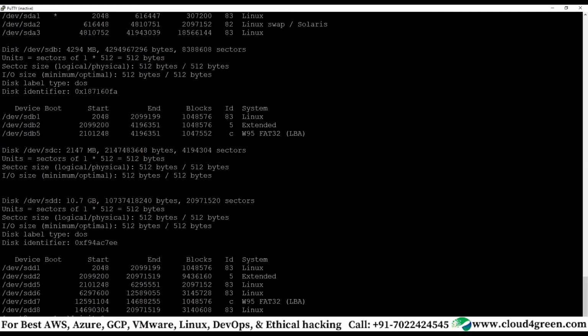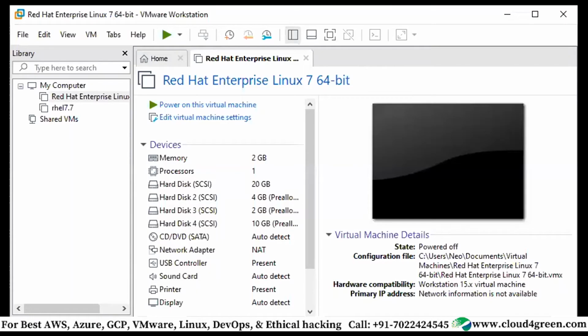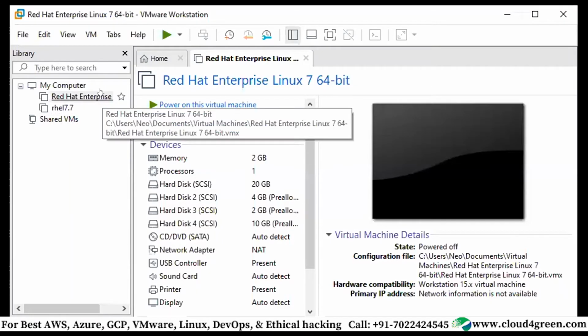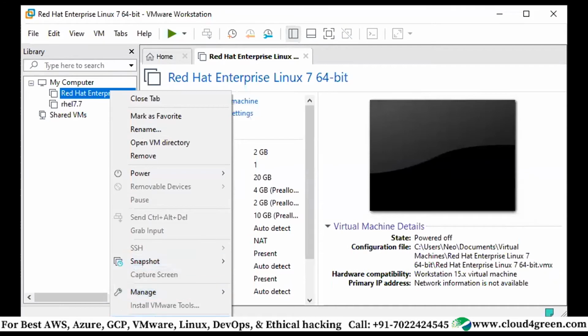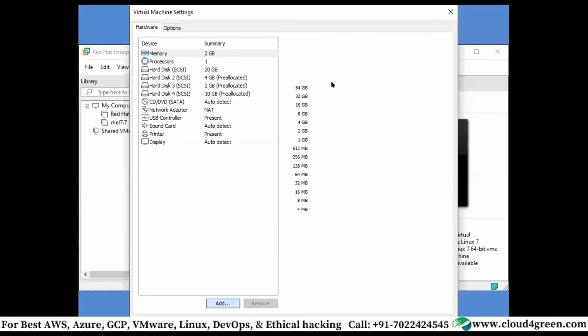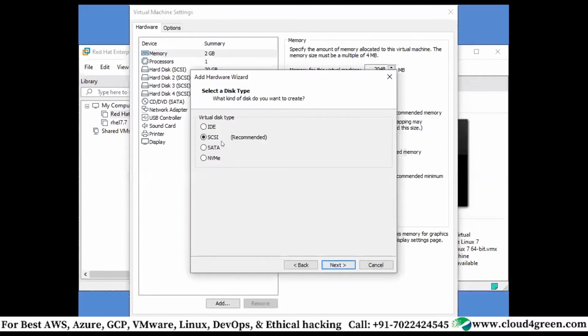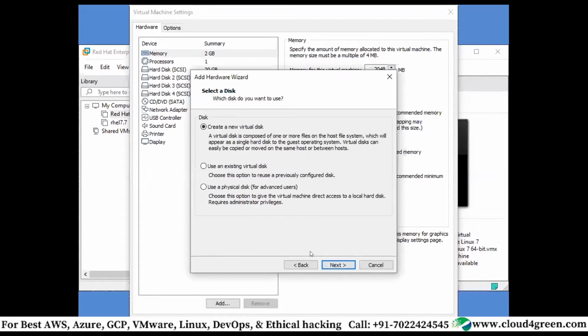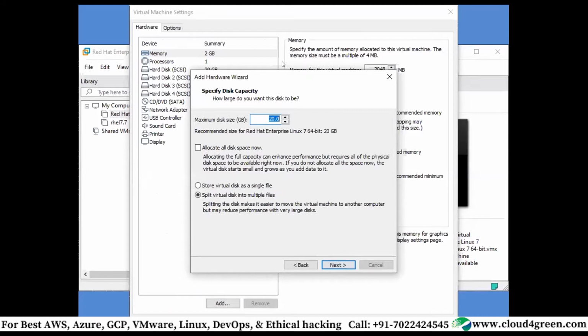Coming back to this, I'm going to edit the settings. Add hard disk, next, IDE, next, create a new virtual disk, and then it's 2 GB.